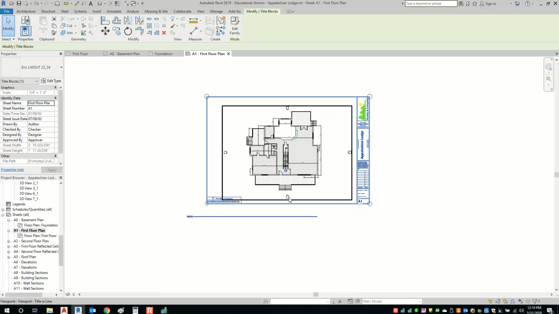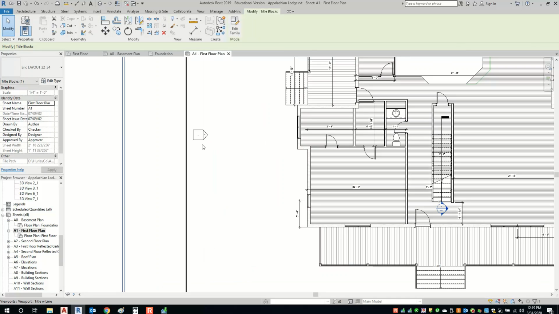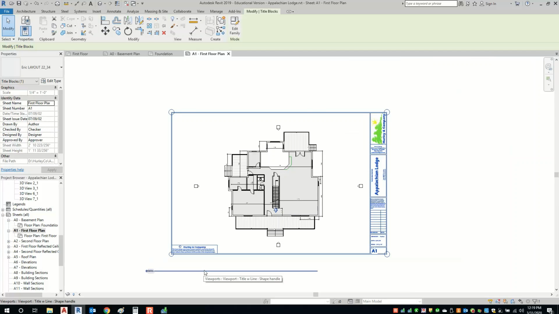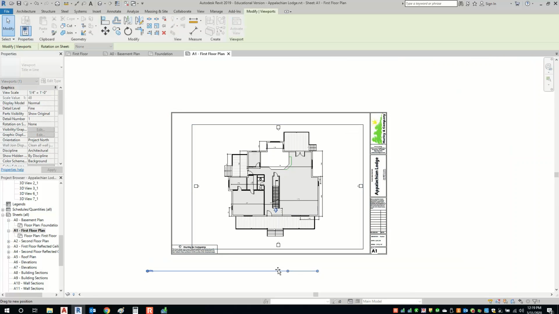All right. Notice that these elevation markings are there. I'm not crazy about having the elevation markings on there, and